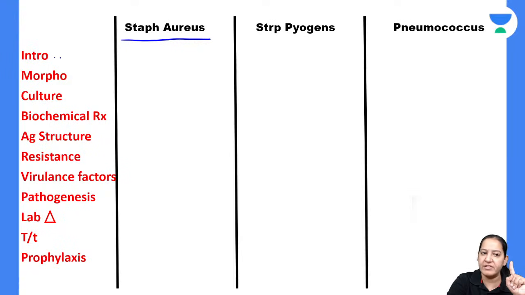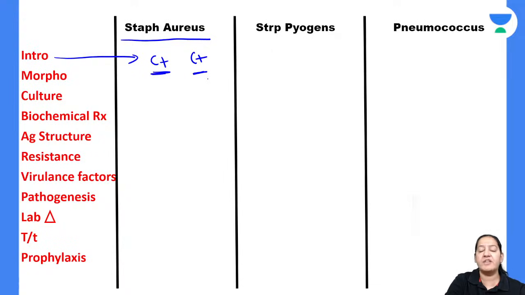I guess everyone has written the introduction. In the introduction, you have written the name of the scientist and the classification. So basically, Staph aureus is a bacteria which is catalase positive as well as coagulase positive. Can I say that? Yes. The catalase positivity differentiates it from Streptococcus, and the coagulase positivity differentiates it from other non-pathogenic Staphylococcus. Give me a thumbs up. So the two enzymes are very necessary to differentiate Staph aureus. Staph aureus is a bacteria which is catalase positive as well as coagulase positive.